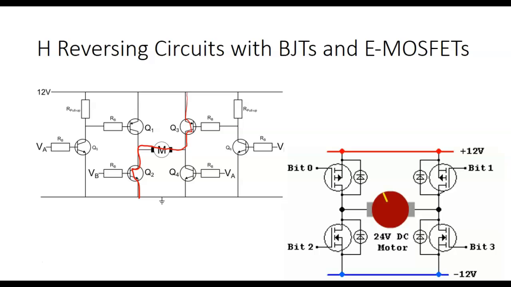PNP, positive, NPN, negative, right? So NPN sinks, PNP does what? Source. And you can actually see it here. So here's the plus, here's the minus. The PNP is connected to the plus, and the NPN is connected to the minus. And what would we do to reverse it? I would turn off those two, and I'd turn on the other two